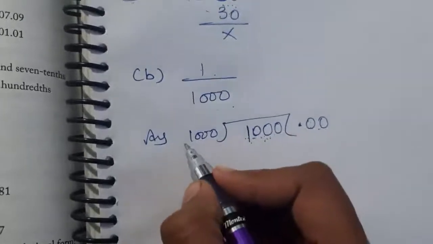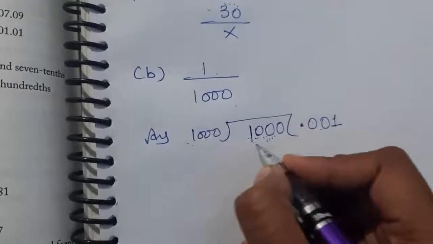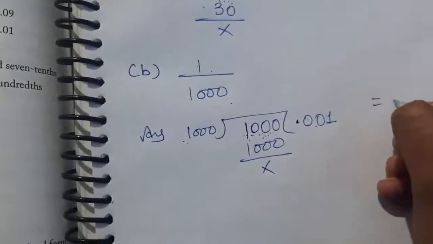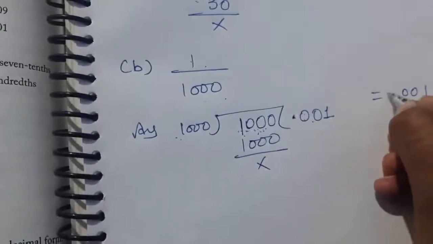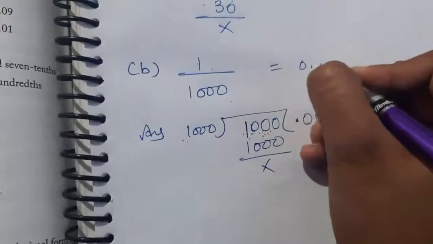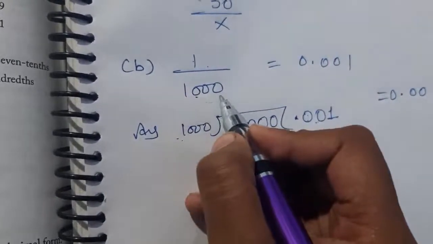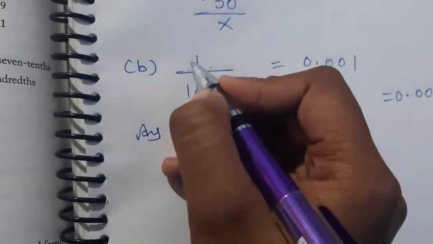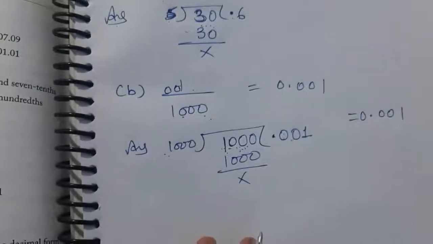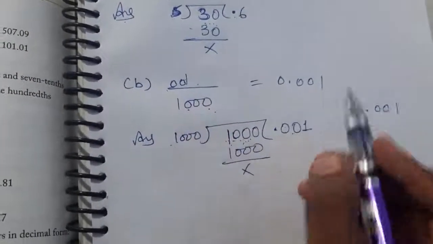Okay. Now 1000 is coming in the 1000 table 1 time, so the divide is going 1 time. Now that answer is 0.001. No whole number is there, so you have to put 0 here. So that answer is 0.001. Now in the short way, you know the number of zeros is 3 and here is a 1 digit, so you want 2 more zeros, so you have to put the 2 zeros here also. Now understand how to do this type of question, and now put the decimal here.